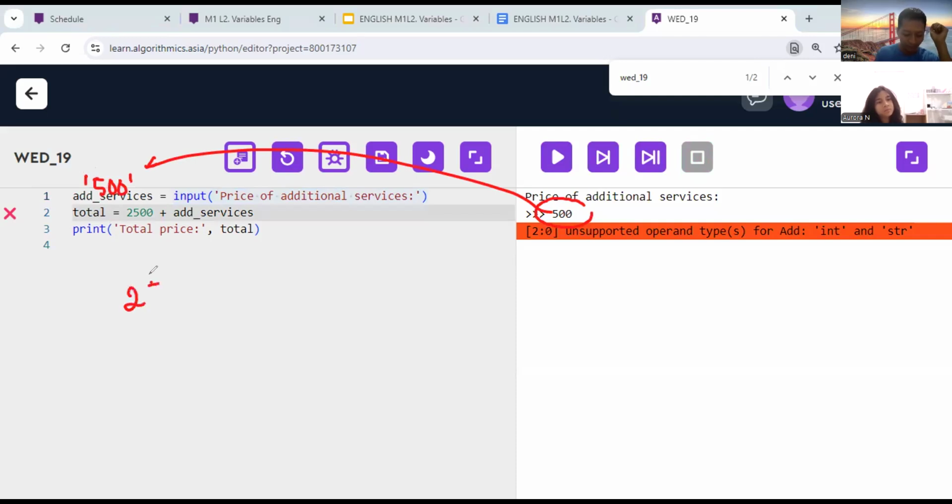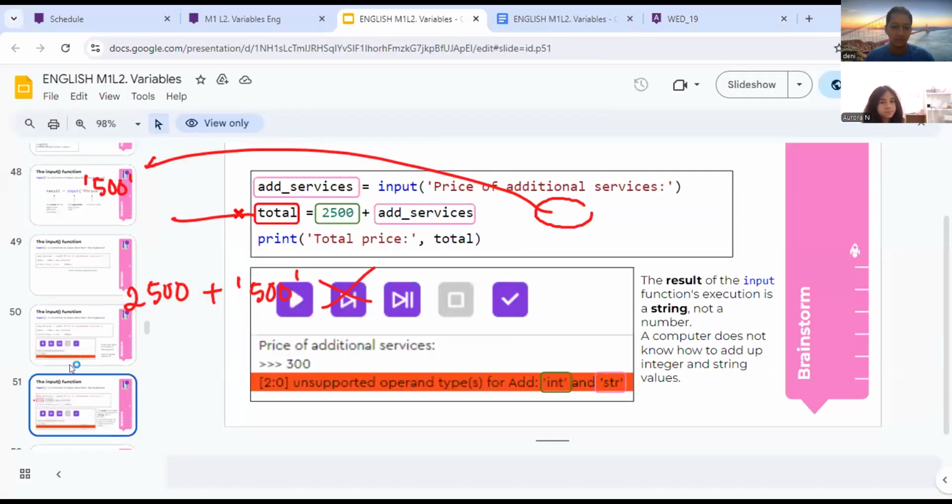So we cannot add a number with a string. We cannot do this, Aurora. So how to solve it? We must convert the string into a number first. We can use the int function, the integer function.